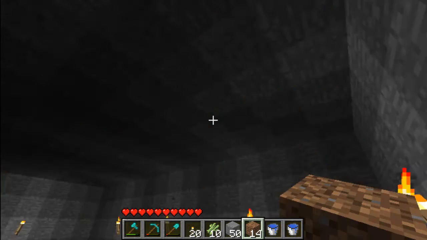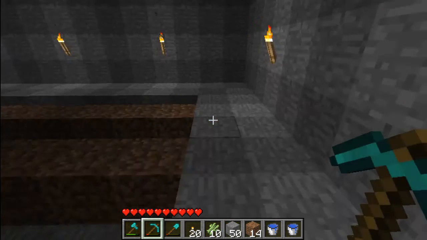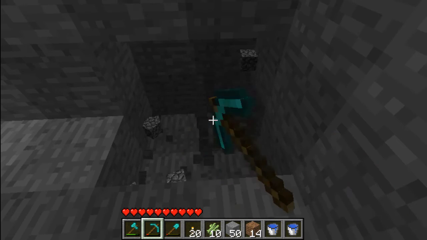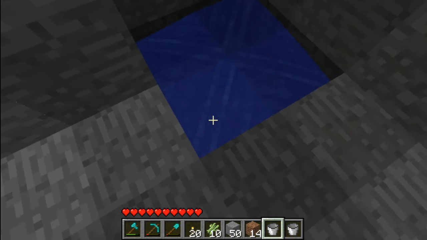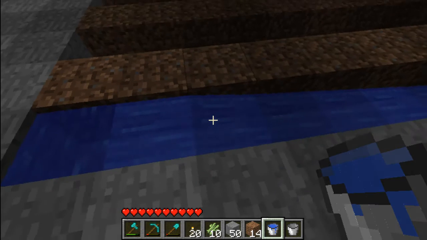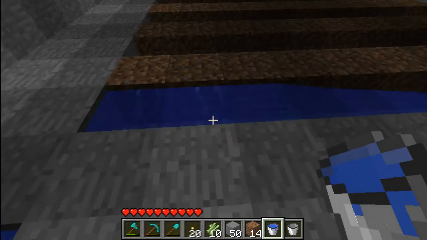Okay, now that we have that, we can get a placing. So I think the best course of action would be to do this, and then of course we'll fill it in later, and make an infinite spring. Reeds need to be next to a block of water, and I don't believe every block has to be a source block, but if every block was a source block, then not only would I have an